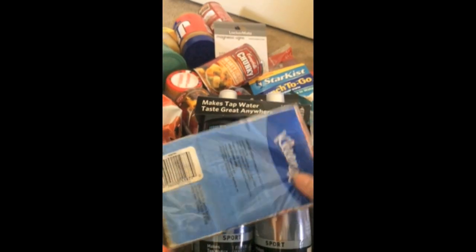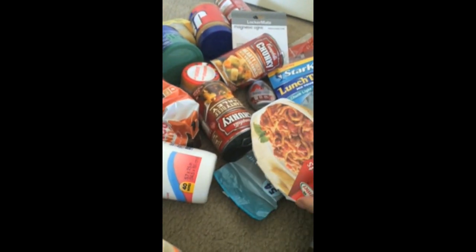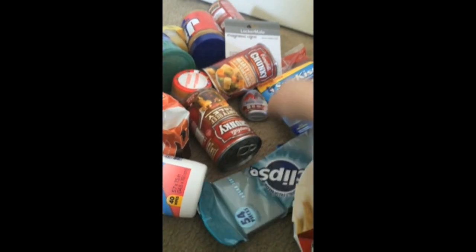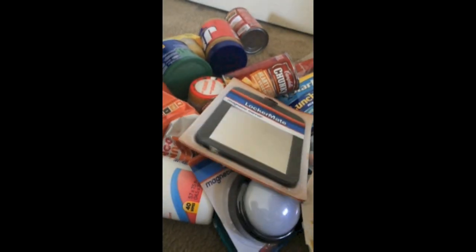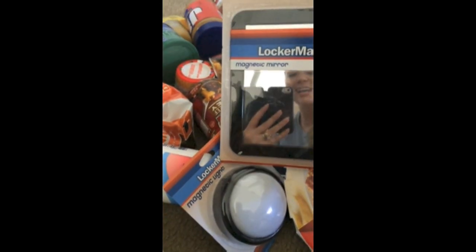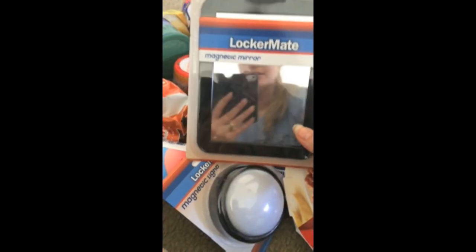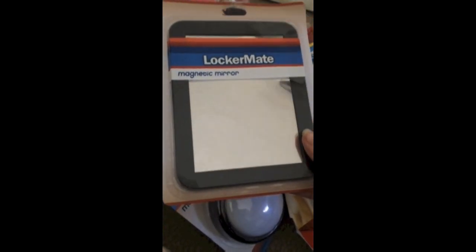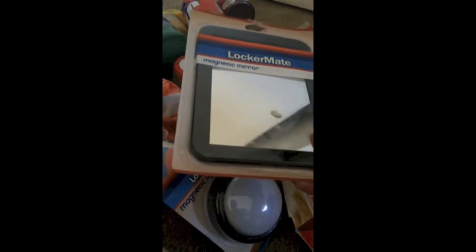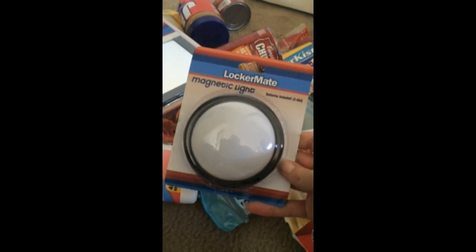Then, just as a random whatever, I got him tissue. Lots of snacks, lots of food, and I saw these in the back to school aisle, and I think they would be really good for his mirror. I don't know why he would need a mirror because he doesn't do his makeup, but for whatever reason I thought it'd be handy. If you've got an eyelash in your eye or whatever have you, you stick this in your locker. They also had locker towers to make the tower split, but my husband had one made already by someone up there on the ship, and I thought a magnetic,